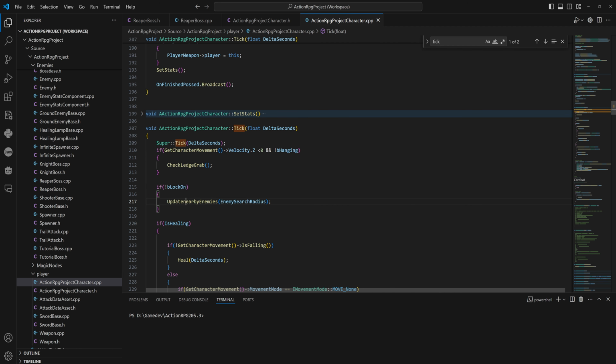To be fair, this probably could run on a timer. This doesn't necessarily need to be updated every frame. I like it to be updated every frame, but this probably could do with being updated like 10 times a second instead. But the ledge grab is quite important that it happens every frame, because what we're doing here